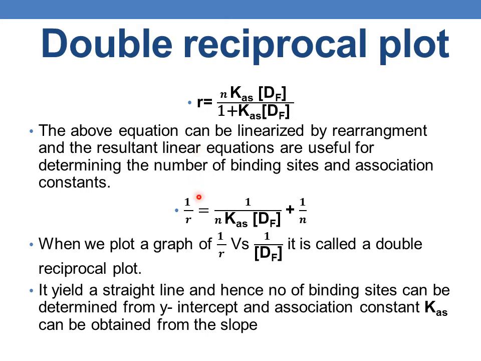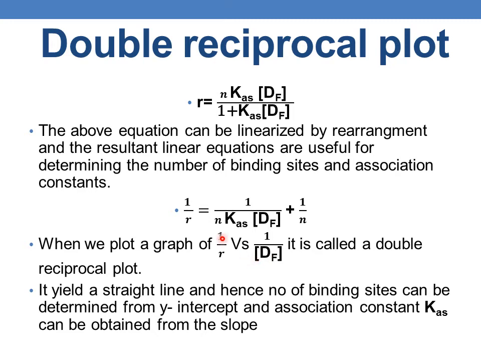We take the reciprocal of R and free drug concentration. Here, after linearization and rearrangement, the equation R = NKs[Df]/(1 + Ks[Df]) will become 1/R = 1/(NKs[Df]) + 1/N. And when we plot a graph of 1/R versus 1/[Df], it is called a double reciprocal